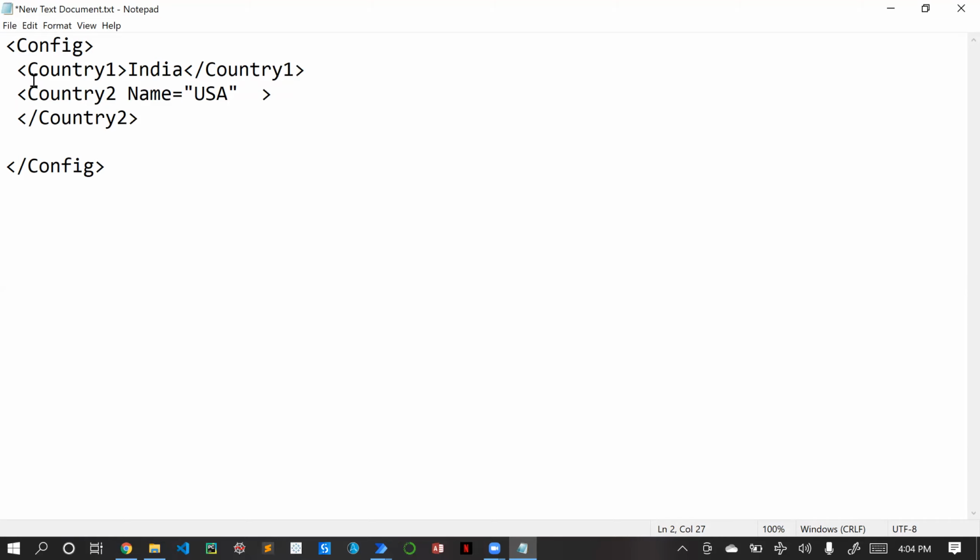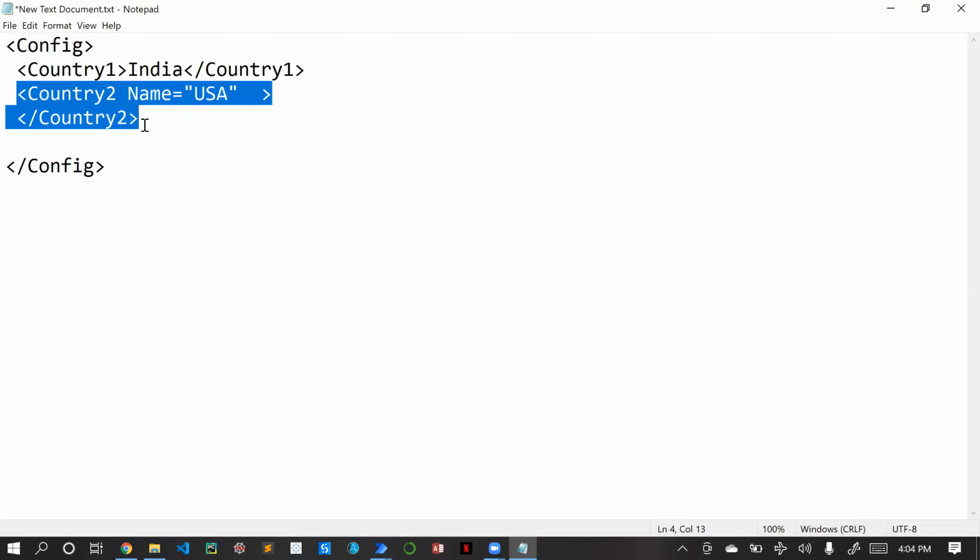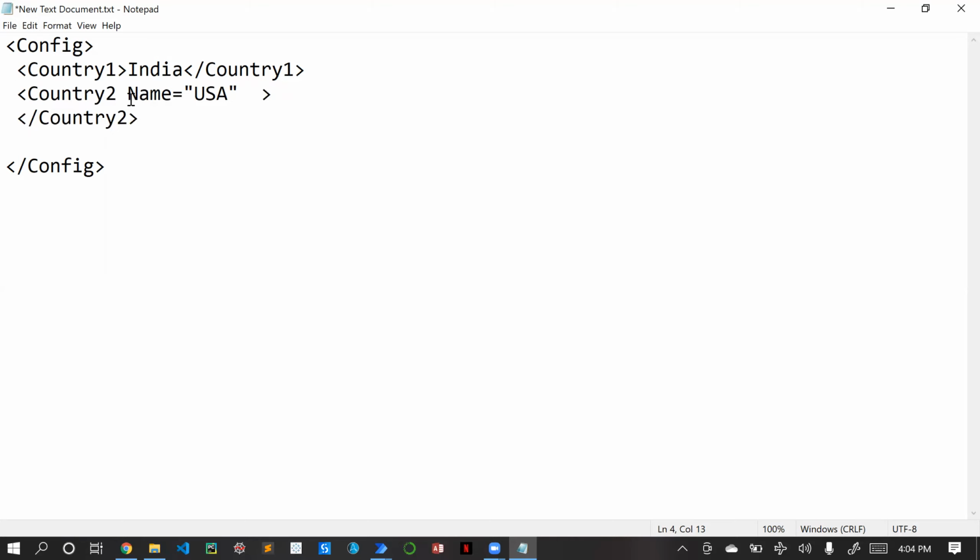Here we can see we have a single value in this element, in this node, and we have closed that particular tag here itself. So this is called an element. When we have multiple values in a tag, that will be called an attribute. For example, I can also add some more values over here, like population is equal to 2200K. So this is also a kind of initializing or declaring the values inside XML nodes.